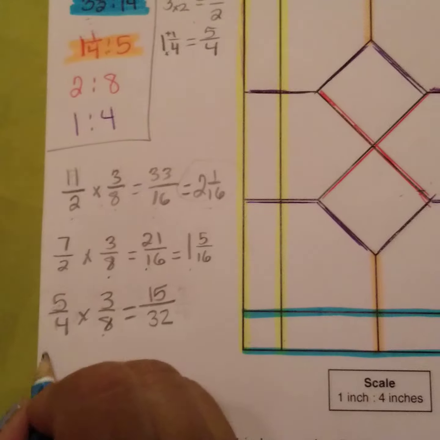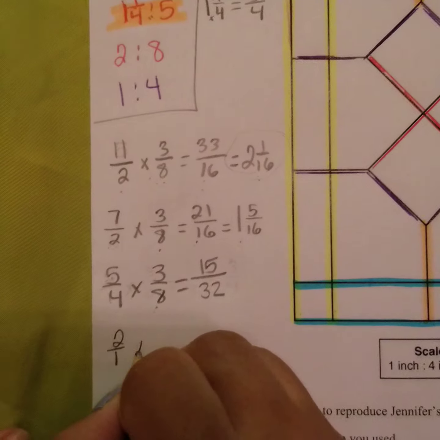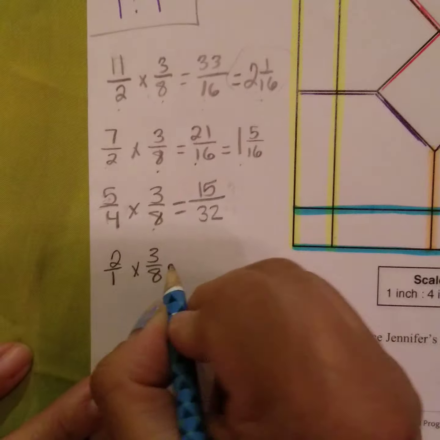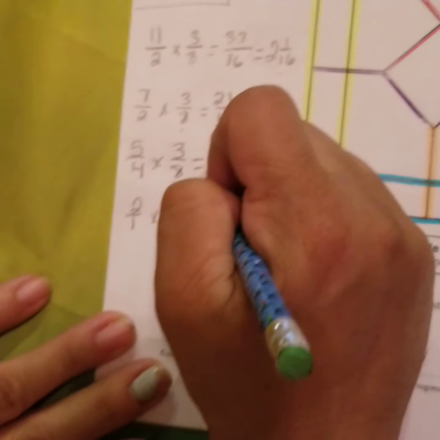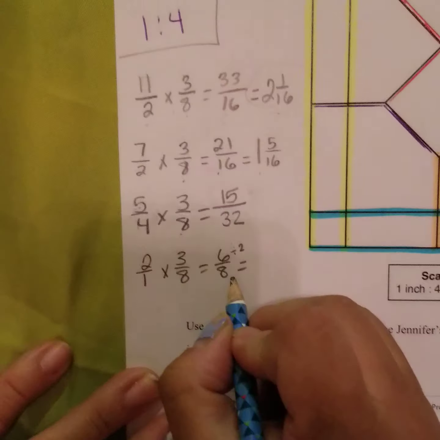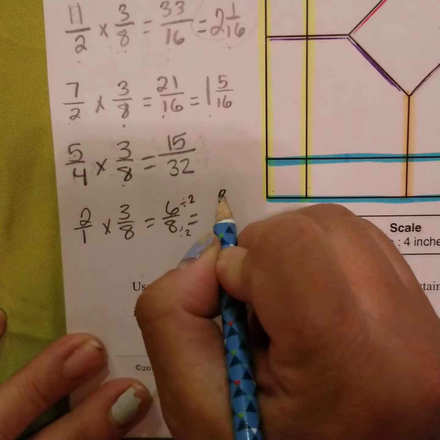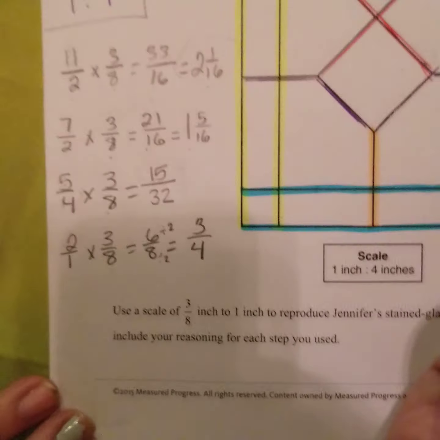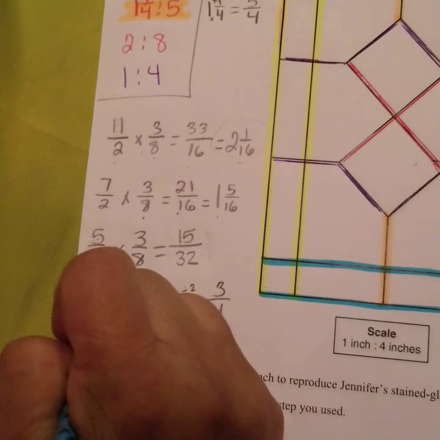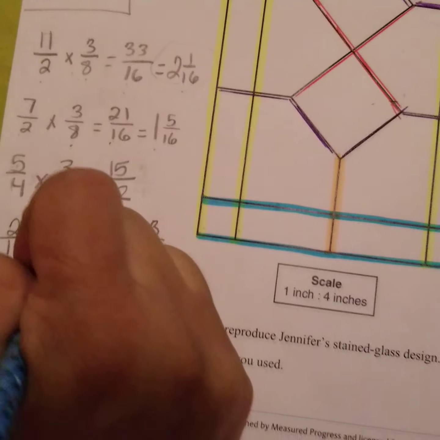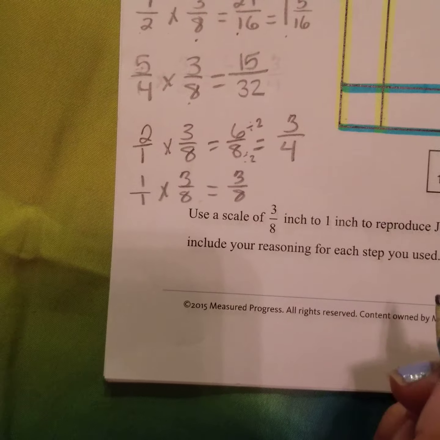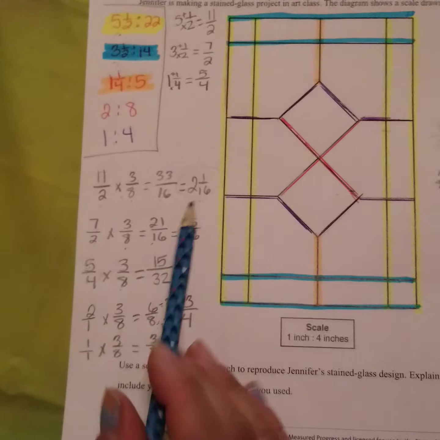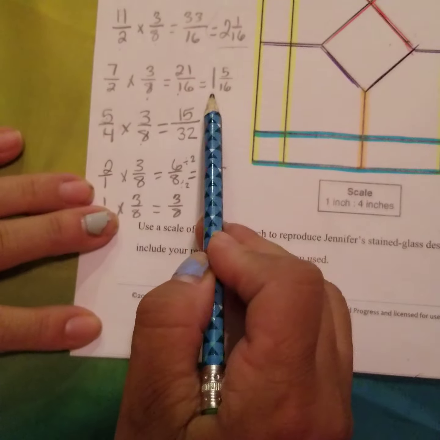Now we have 2 over 1 times 3/8, which equals 6/8. And I can simplify that by dividing this by 2 and this by 2, and that gives me 3/4. The last one is 1 over 1 times 3/8, which is going to equal 3/8. All right, so now that we have our new measurements,